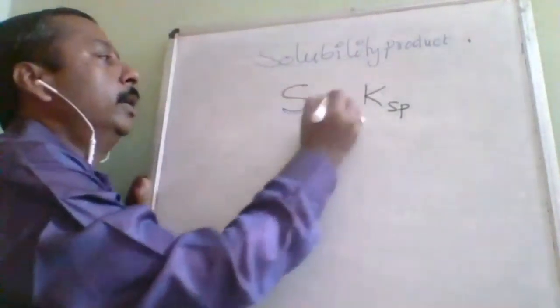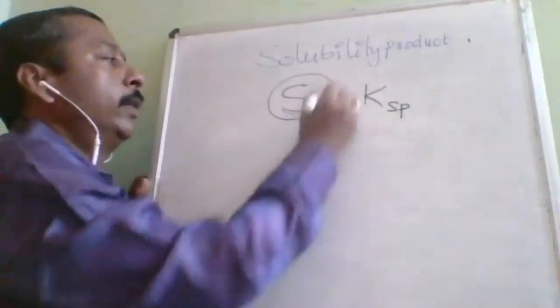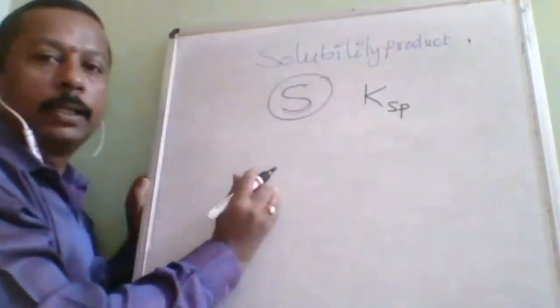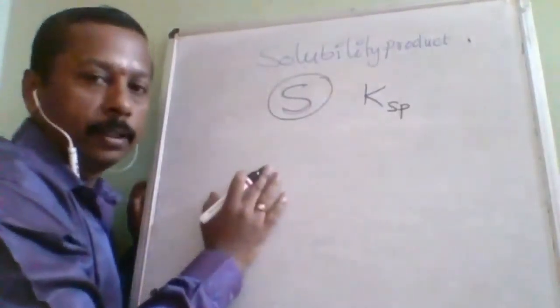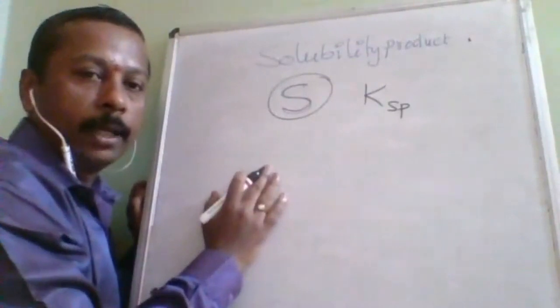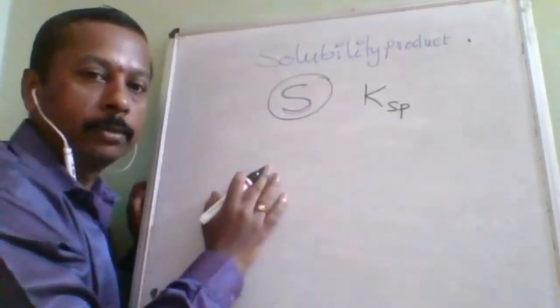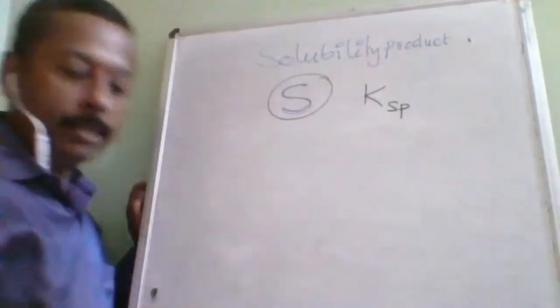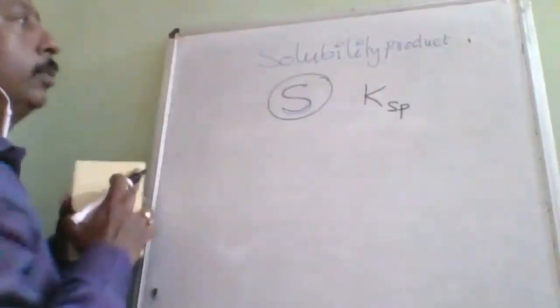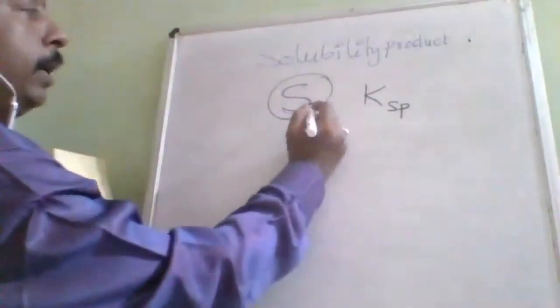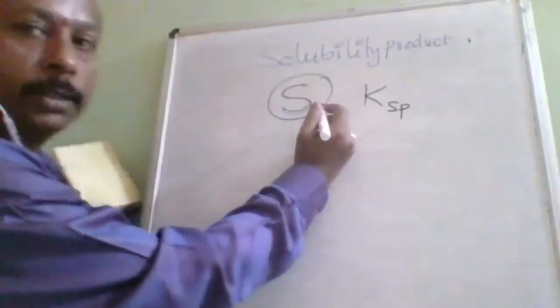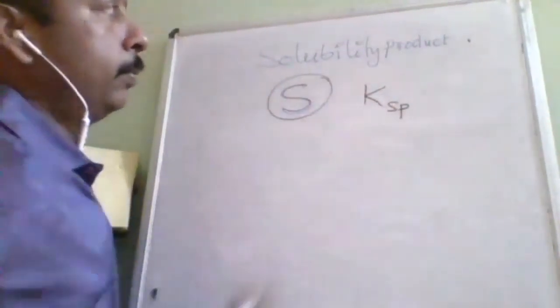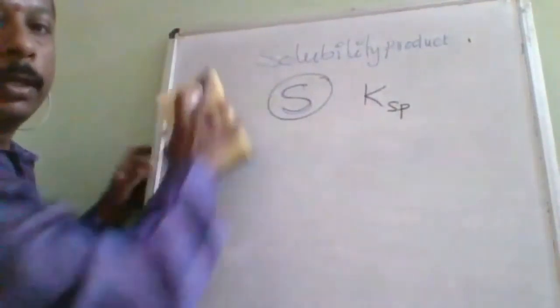Okay, and it does not mean that when you multiply one S with another S, that is solubility product. That is not the case. Sometimes you may have to multiply it 10 times also. Sometimes you may have to multiply only 2 times. Sometimes it is multiplied with some integer also. So solubility, when multiplied with its own solubility and with some number, then you are getting Ksp. That's why it is called a solubility product.